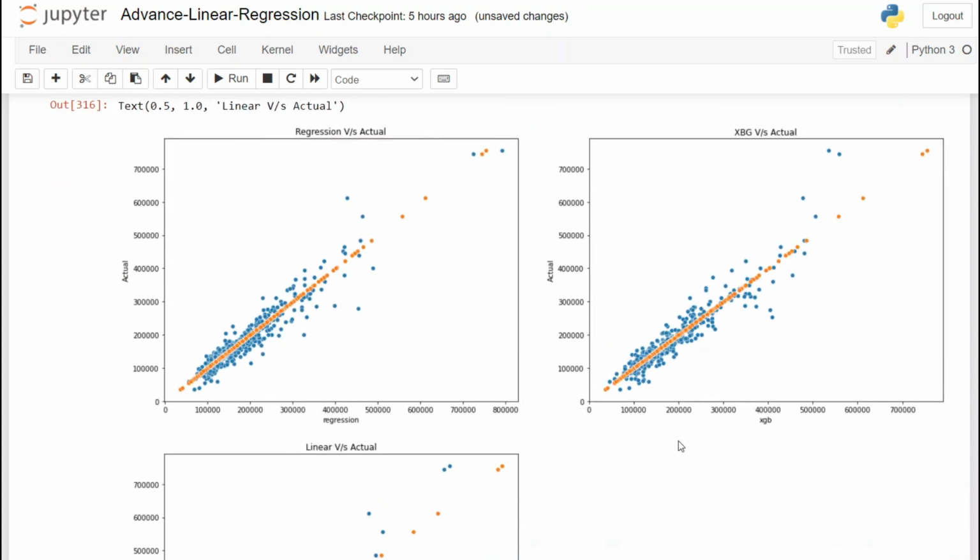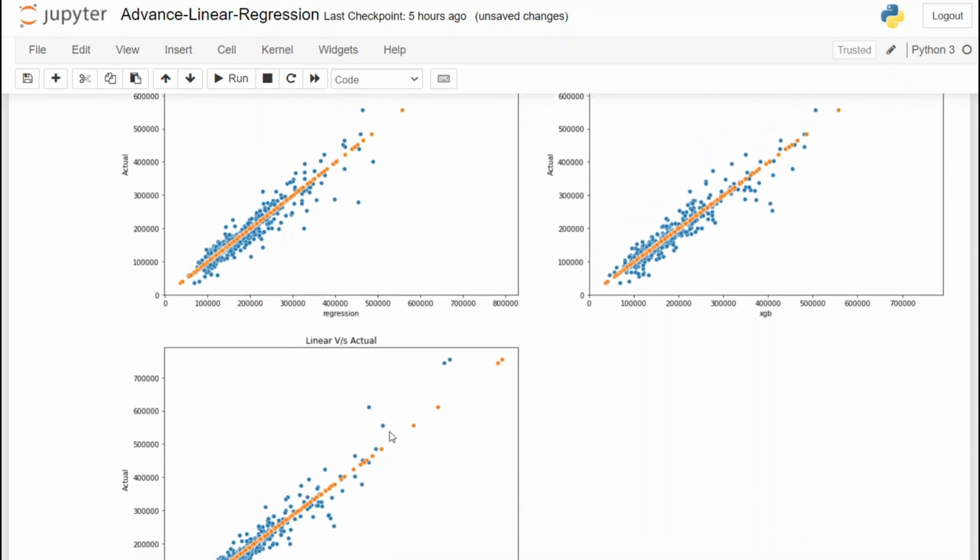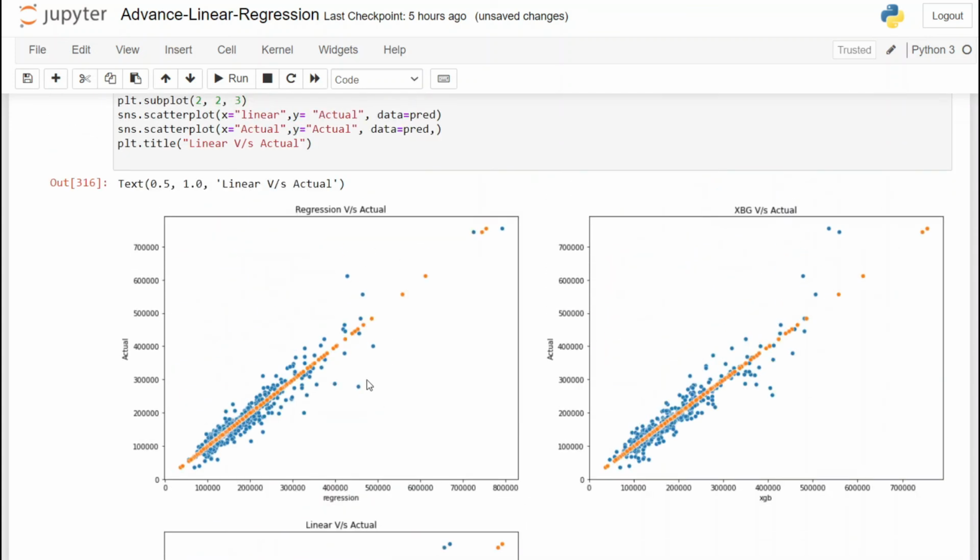So I have made the scatter plot of actual versus model prediction. That is why we have 3 graphs. And we can see how the values are dispersed. So if the model had been perfect, it would have been like this orange dotted line. This is our actual prediction. But since model is not perfect, we see blue dots scattered around. So how to know which model is better by looking at the graph? Well, choose that model for which blue dots are more aligned or near to the orange dotted line.